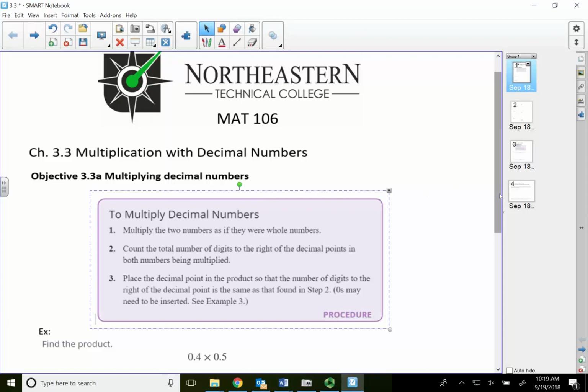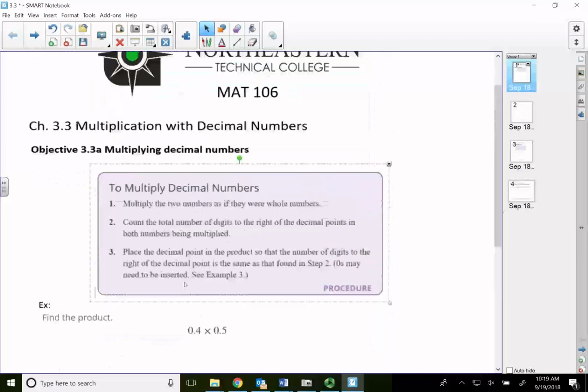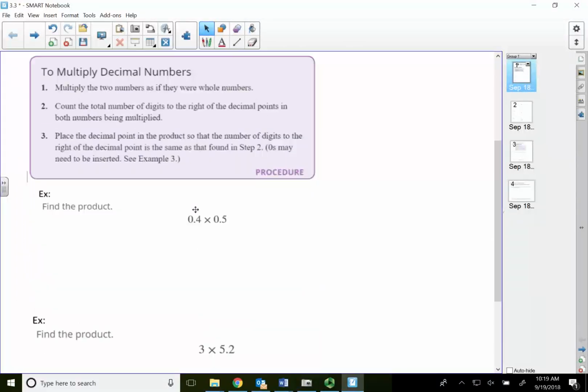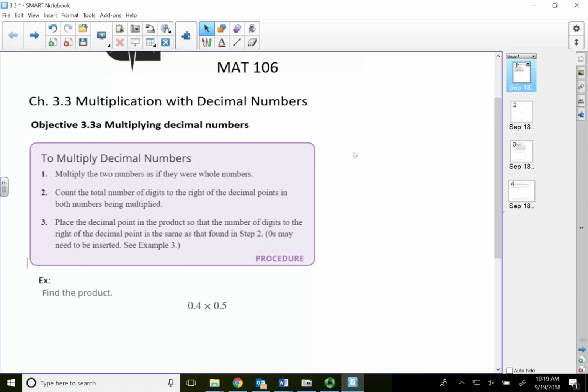All right, so let me show you how this is done. Let me write down a couple of things here real quick. It's very strange, just like this very first problem: 0.4 times 0.5. The answer is actually going to be smaller than the two numbers I'm starting with. So when we multiply numbers that are less than 1,